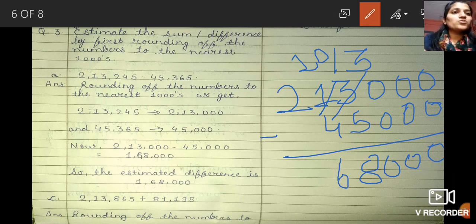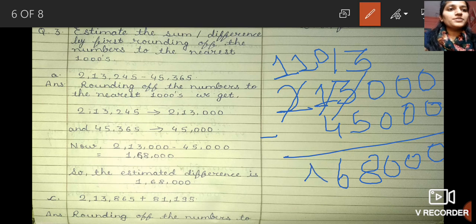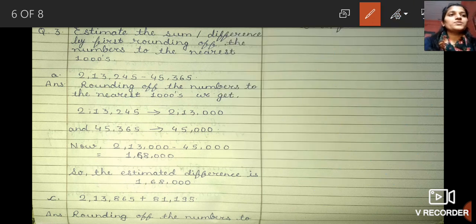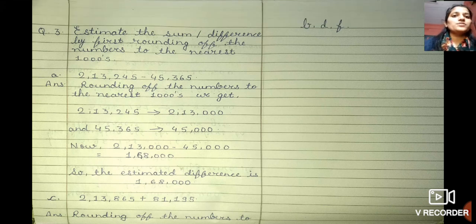So students, here also we have borrowed one number, so we are going to write 1 instead of 2, and the answer will be 1,68,000. Okay, so here we can see the final answer, 1,68,000. Now let's see the second question,